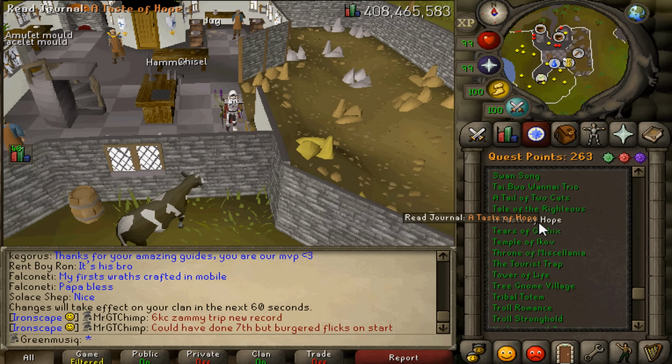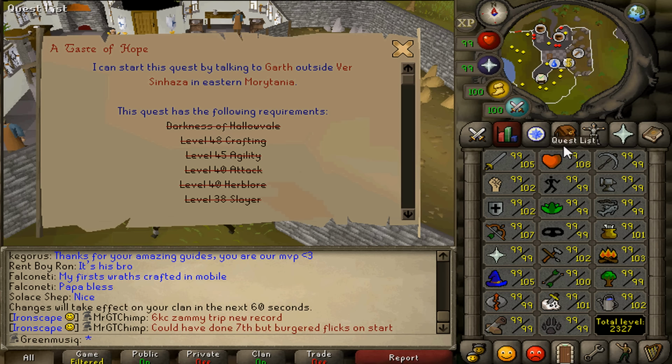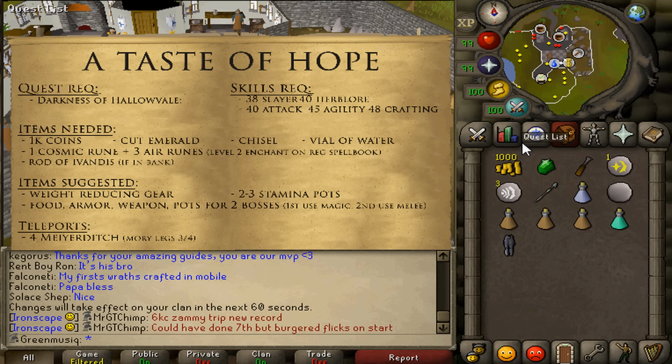Today we're going to be completing the quest A Taste of Hope. The quest requirement is Darkness of Hallowvale and the skill requirements are 48 crafting, 45 agility, 40 attack, 40 herblore and 38 slayer. For the items needed, they are currently on the screen, but what you definitely need is 1000